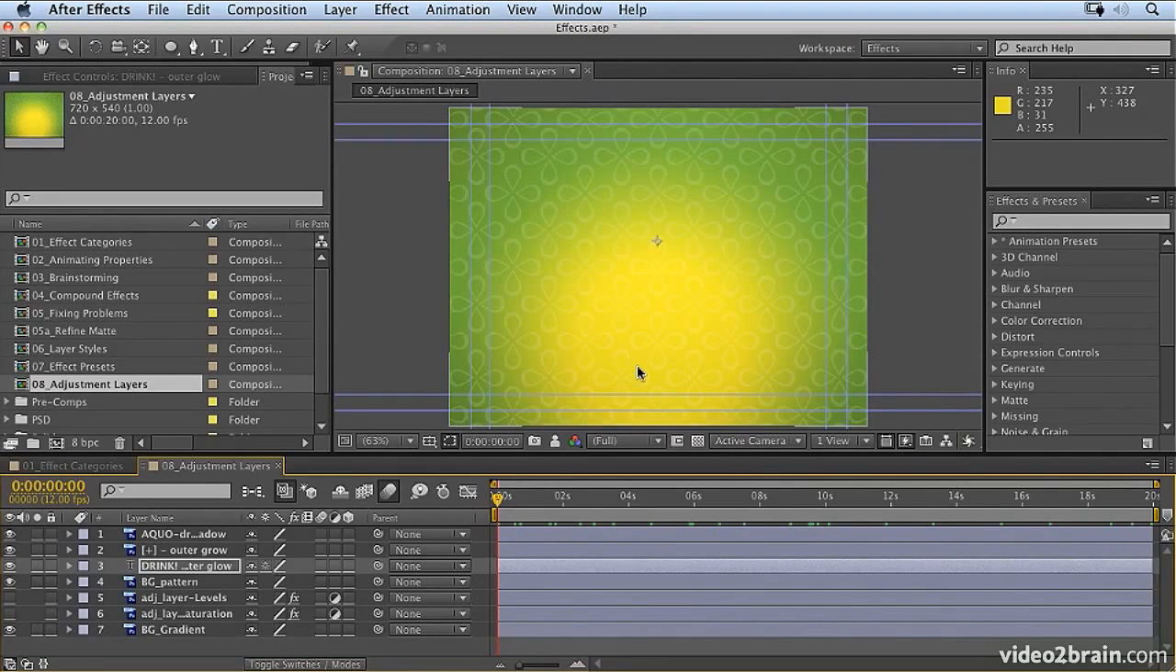Adjustment layers are extremely powerful, and they're really useful for applying adjustments to multiple layers simultaneously. So you don't have to apply an adjustment or an effect to every single layer in your comp individually. If you want to follow along, we're in Effects AEP, which is in the Effects folder, and we're in